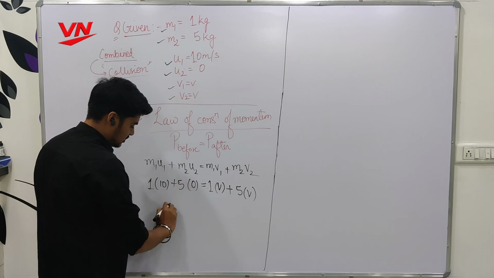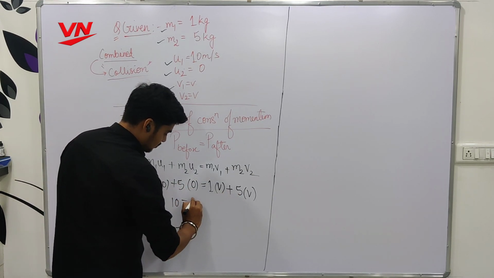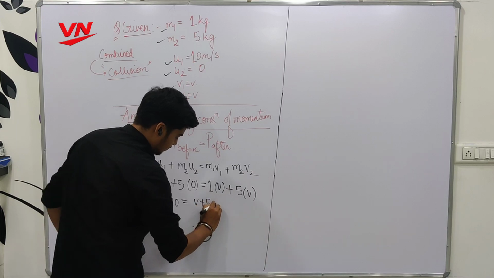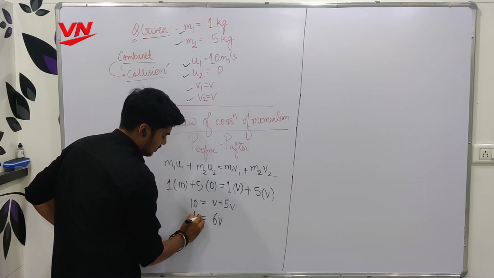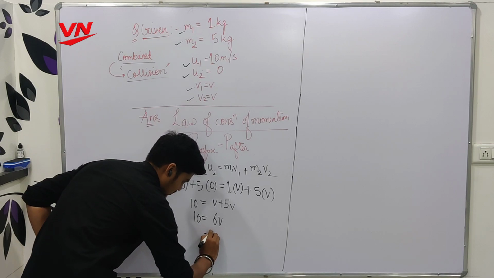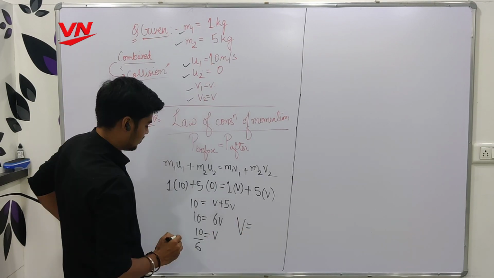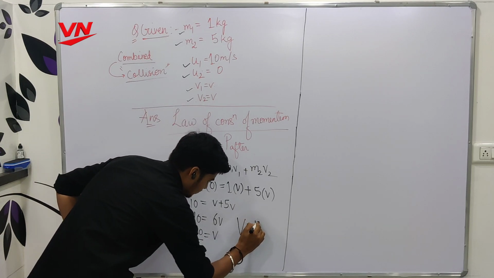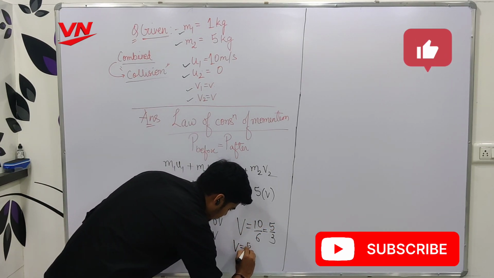Basically this will be 0, 5 zeros are 0, and we will get 10 is equals to v plus 5v. Add it, 5v plus v, you will get 6v. So v will be equals to 10 by 6. So our velocity, combined velocity will be 10 by 6 or 5 by 3